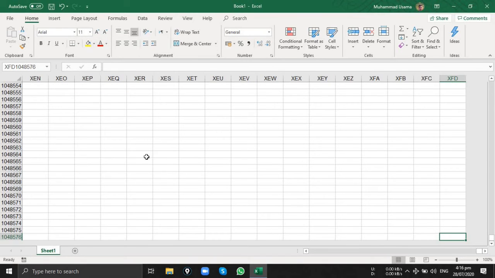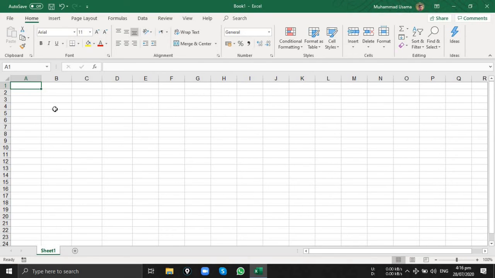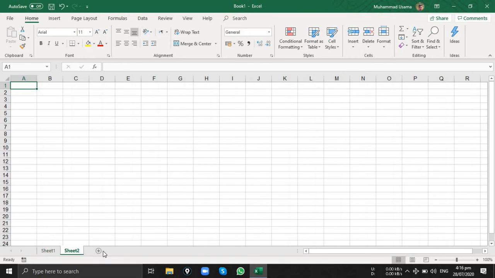On the bottom, you can see this is Sheet1. The entire range of cells is known as a sheet. Let's go back into cell A1. You can also jump to a specific cell by name box. Here you can see one plus icon. By clicking on this icon, you can add more sheets like Sheet1, Sheet2, Sheet3, Sheet4. Basically, sheets are used to separate your data.